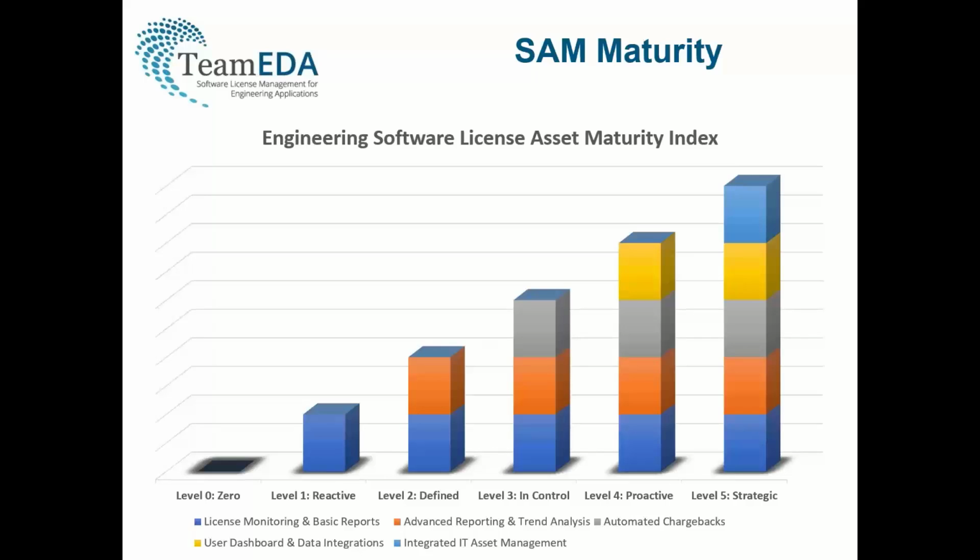And then at what I call the strategic level, the highest level, is all of the above, but also combining all this with a software asset management tool. So they can understand when their renewals are coming up, everything about the software, so that they can have a good view of renewal management. It's at this top level, level 5, that very few people are working, but that's really what we're going to talk about today, because that's the level that we can